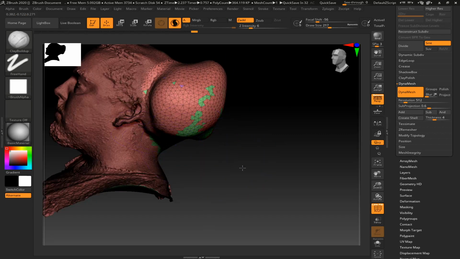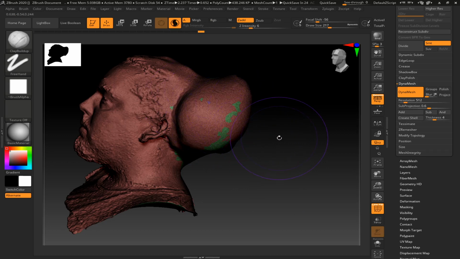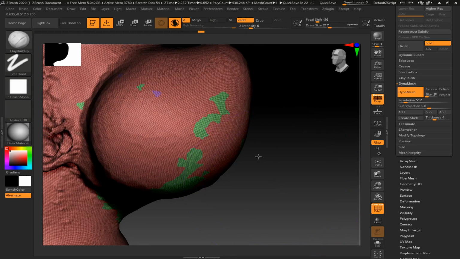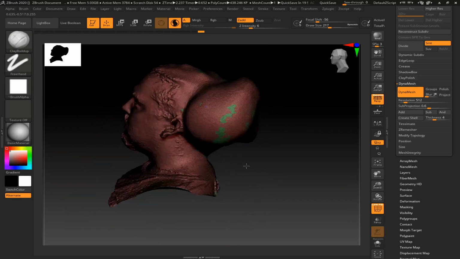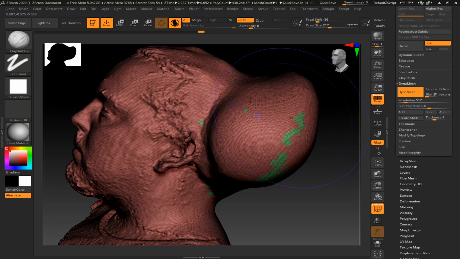But the minute that I Command-drag off my model, as long as I have this button on, watch the topology change. That's Dynamesh doing its thing. Now it's been Dynameshed again. Okay, so like I said, if you wanted to do some work right now, using a combination of Dynamesh, as long as you